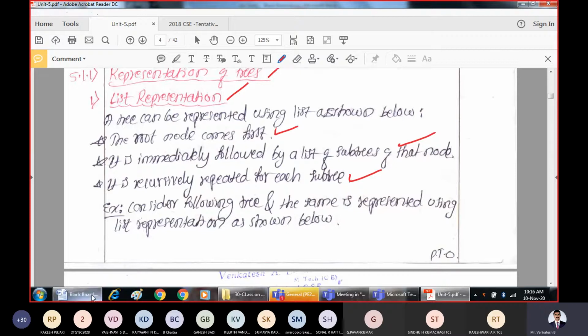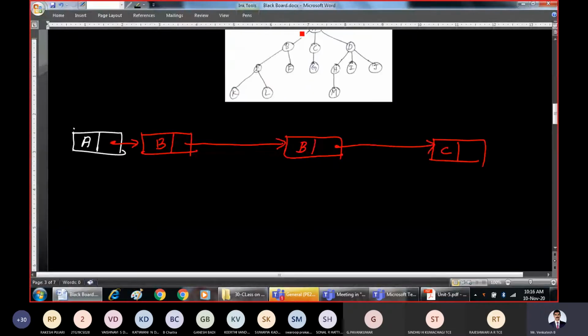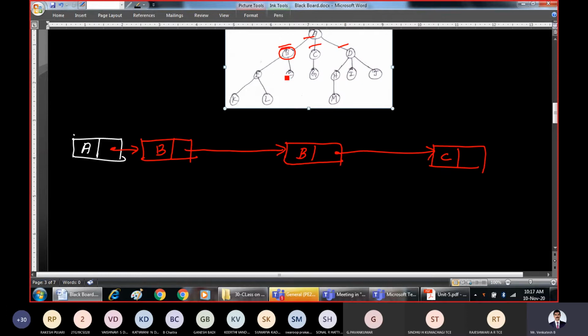Repeat this for each and every node. So for A, when you have represented B, C and D, the representation is over. Now repeat this for B. When you consider only B, B also has children. What are the children? E and F are children of B. That means just take this node down. You cannot show it here itself. That's why we take this node down and represent the other nodes. This B itself, I am taking it down, write it here. What are the children of B? E and F are the children of B. So show them.